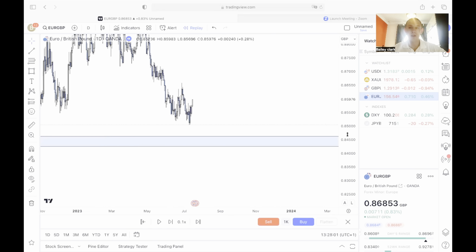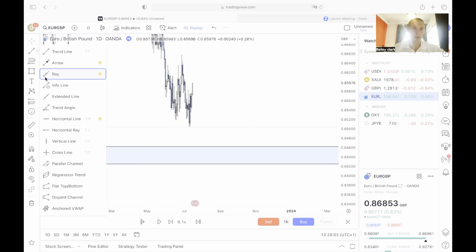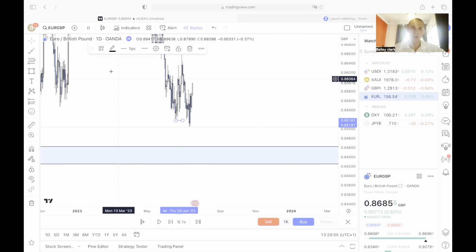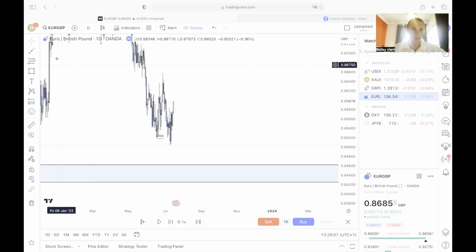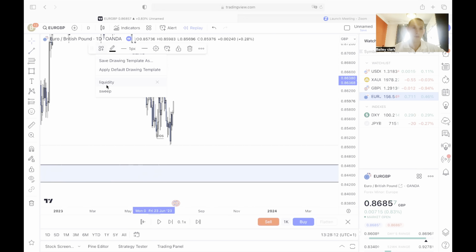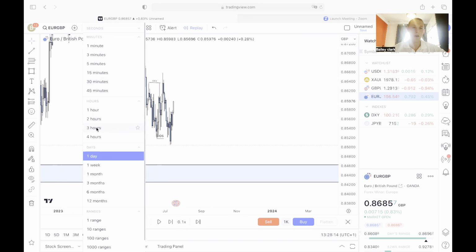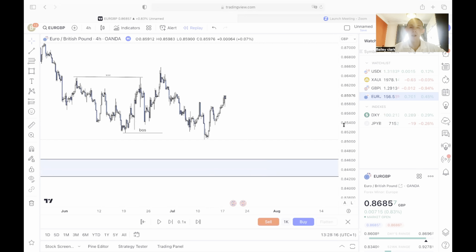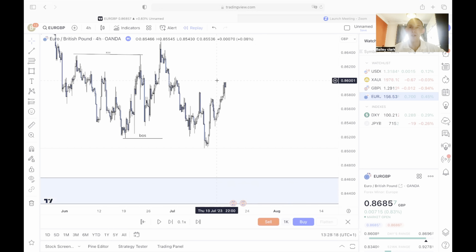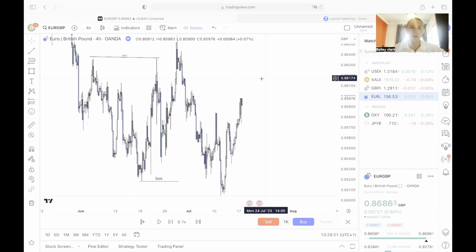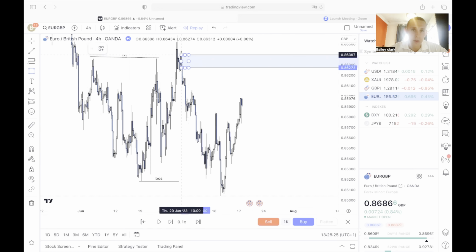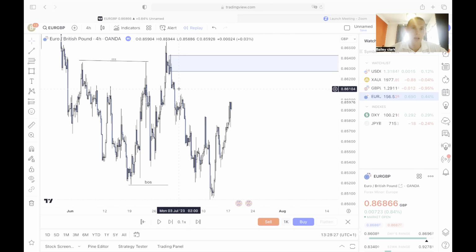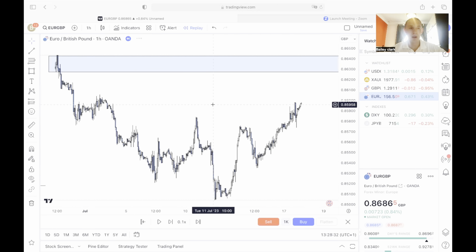And I was simply trying to follow the structure down. So we had the daily break of structure just here, after price had swept some equal highs up here. So if we mark that on, I basically had two areas for sells that I marked on the chart. The first one was this top 4-hour level of demand at the premium of the current bearish leg. The other one I had marked was